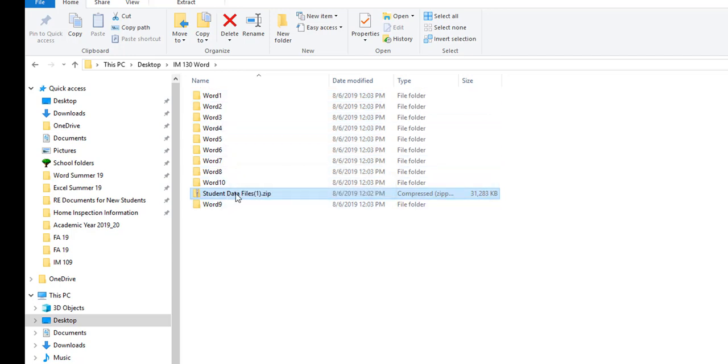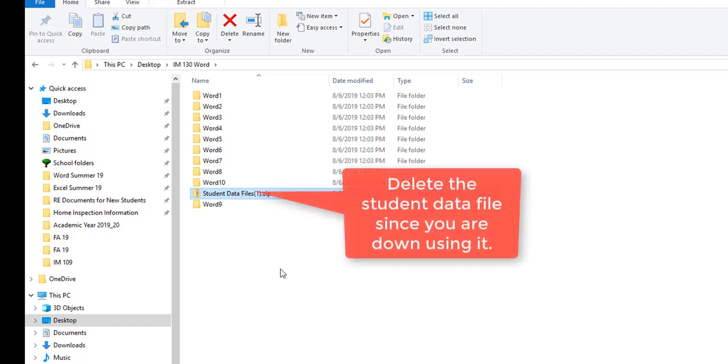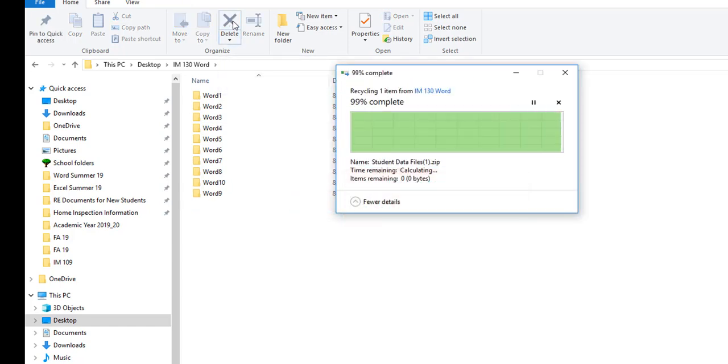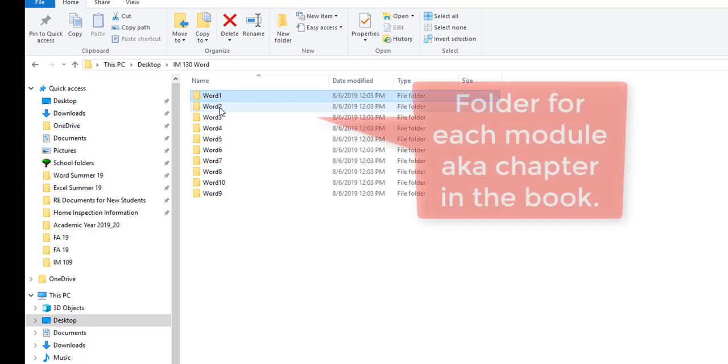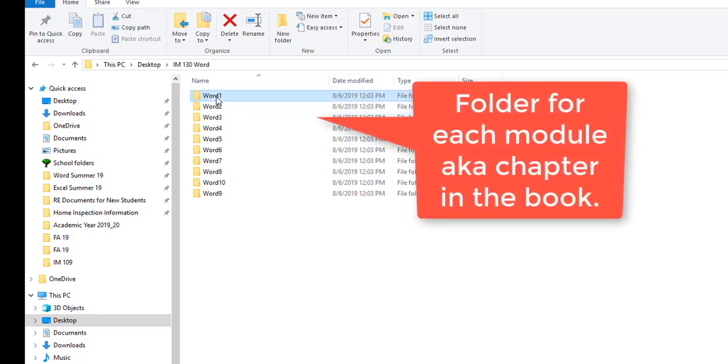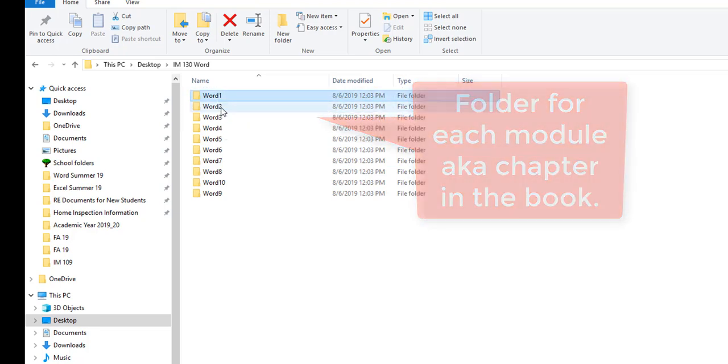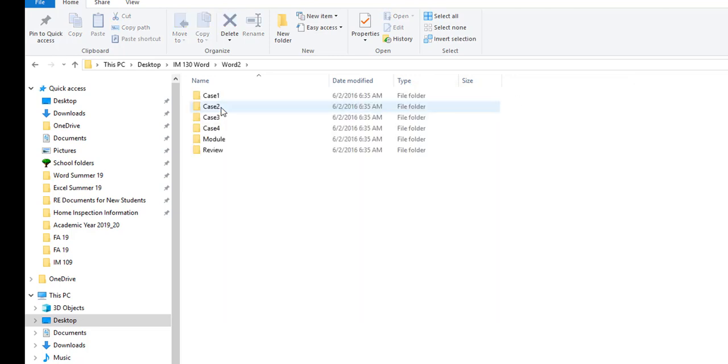And at this point, you want to delete the student data file zip. So I'm going to just press the delete key from the keyboard, or I can click on delete up here since it's already selected. Now, the way that your folders are set up by the publisher, you have a folder for each module that we are going to be covering in the book. Think of modules as chapters. Within each of these module folders, you have other folders that relate to the